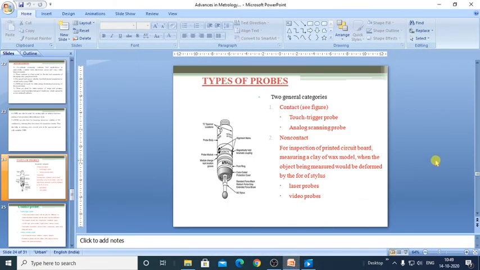Okay, so here we have seen the types of probes, types of stylus, tips, and how the measurement can be done by using a CMM machine. Okay, so today we are going to stop over here.